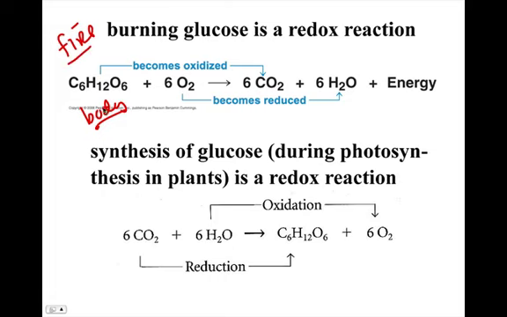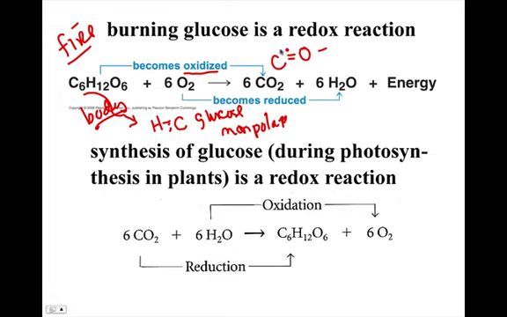It's a redox reaction. How is it that the carbon gets oxidized? The way it gets oxidized is that carbon has a comparable electronegativity with hydrogen. So in glucose, there are lots of nonpolar bonds, and the electrons are shared equally. When we say it gets oxidized, it loses electrons simply because in carbon dioxide,